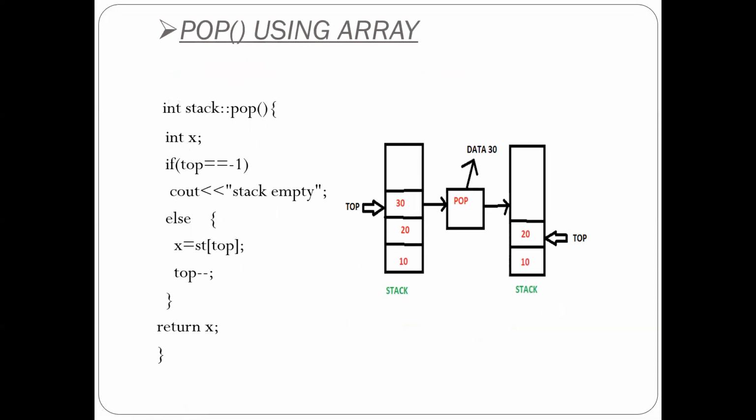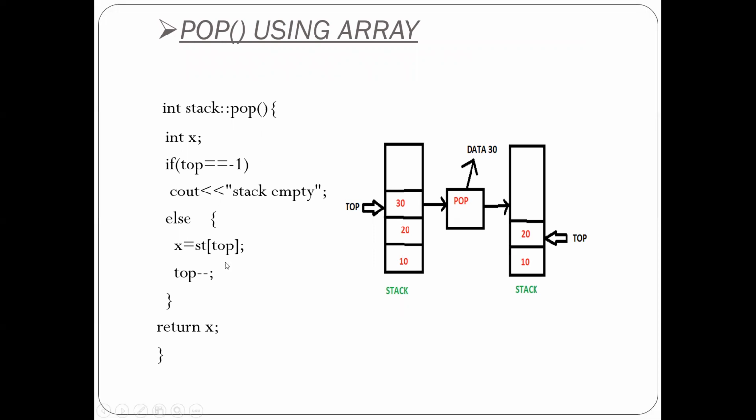Now we'll see the pop operation. Here in this pop operation, if you see, I'm not going to pass any parameter, because we know that whenever we are going to delete any atom from the stack, it is nothing but the topmost atom we can delete from the stack. So while implementing this pop operation, we have to check whether the stack is empty or not. If the stack is initially empty, that means we can't delete anything from the stack. So first check that condition. The stack will be empty if your top index is at -1. So check whether the stack is empty or not.